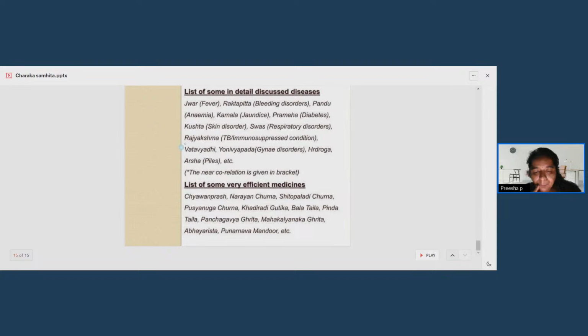Then when we are coming to the complications which are produced by the vitiated tridoshas, what are the things which are explained there? Vata, Pitta, Kapha were explained. In the Vata, Shulana and Angamarda were explained. Then Murcha, Brahma, and Agni Vaishamya for Vata complications. For the Pitta complications, it is Brahma, Mada, Adhisara and Jwara. For Kapha, it is Chardi, Arochaka and Avipaka. So these are the complications which are produced by Tridosha.